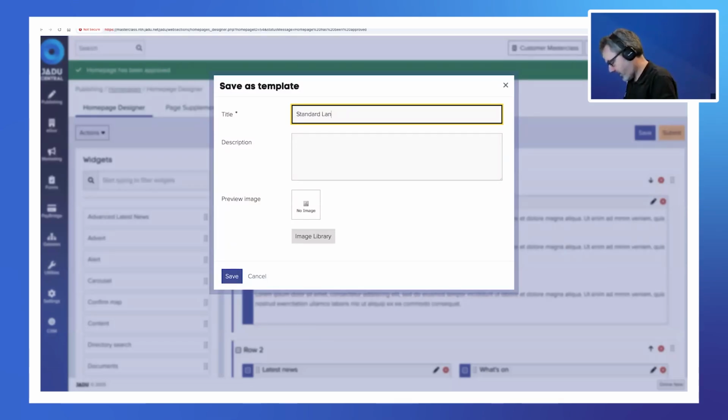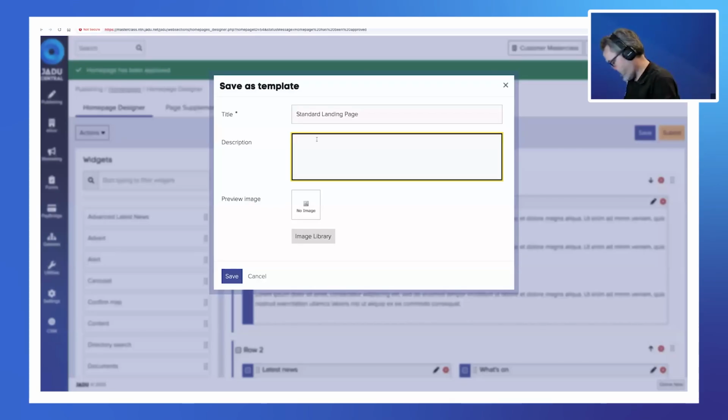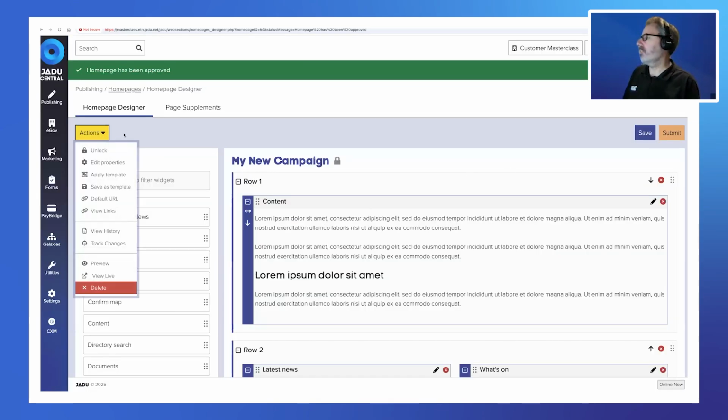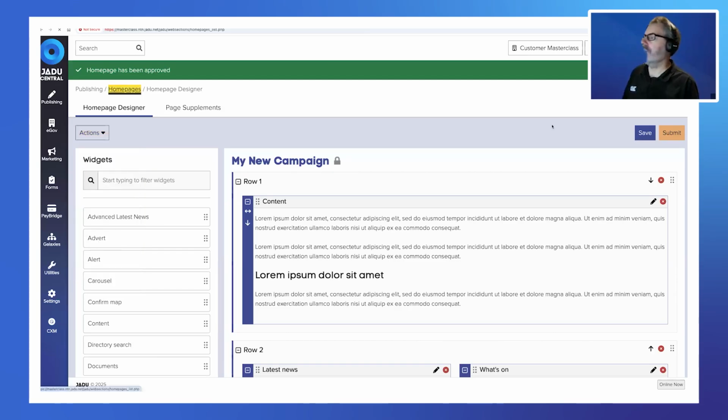Let's call it standard landing page. You could put a description in. You could also take a screenshot of an existing landing page that uses that layout and upload it as a thumbnail image when someone goes in and takes a look at the templates if they're looking at applying one. So if I save that as a template, if I went in and created a new home page,